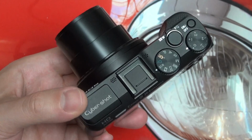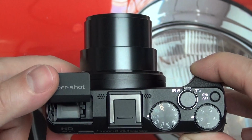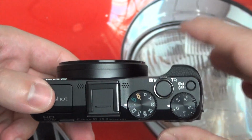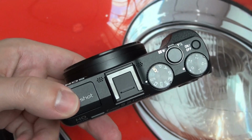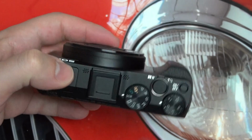The flash, unfortunately, does not articulate. That's something that I wish it did. That's something you'll find with the RX100, but as you can see, no flexibility on the flash, so you can't bounce it around. That's unfortunate, but overall, I'm gonna give you guys more video samples from this camera as well, weather permitting, and